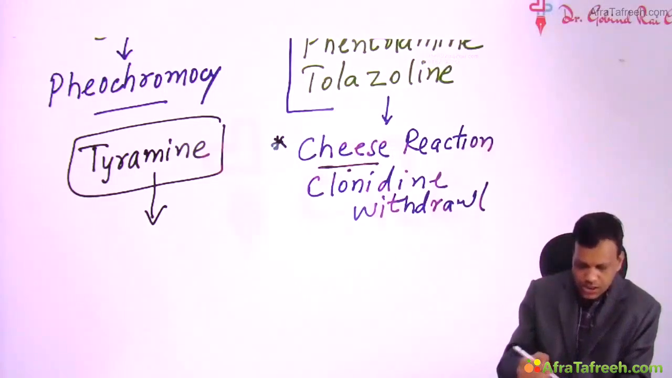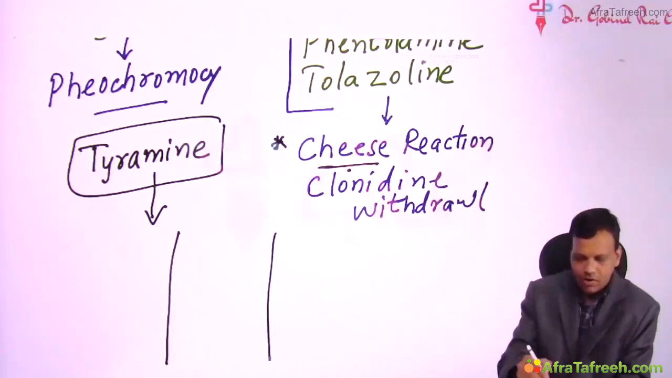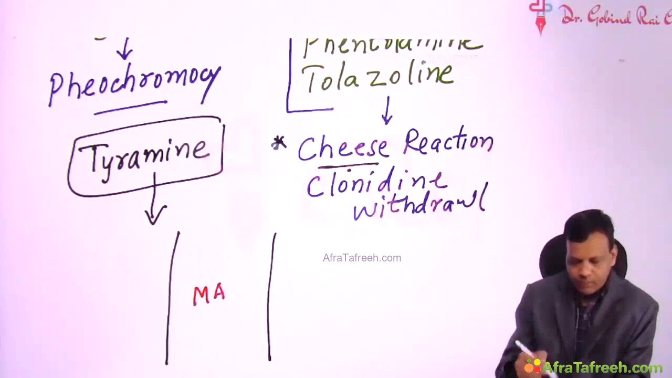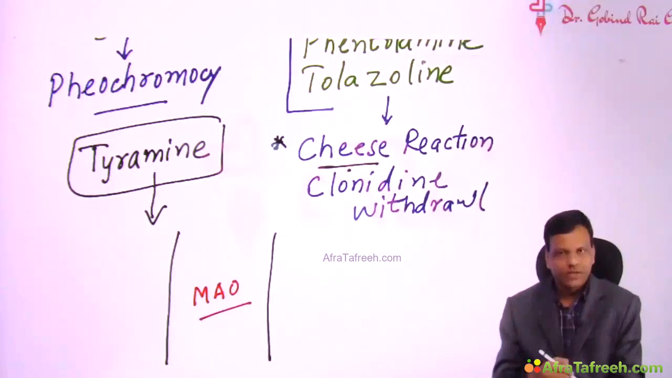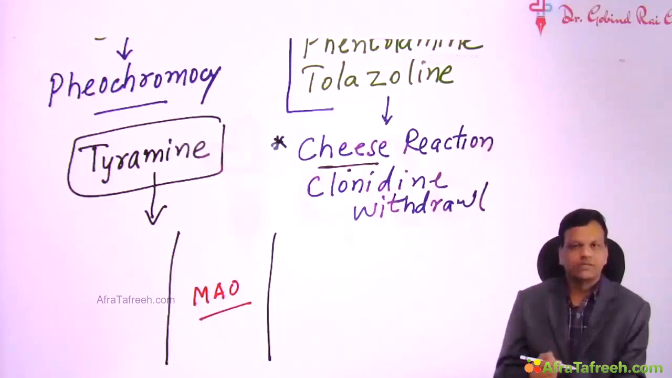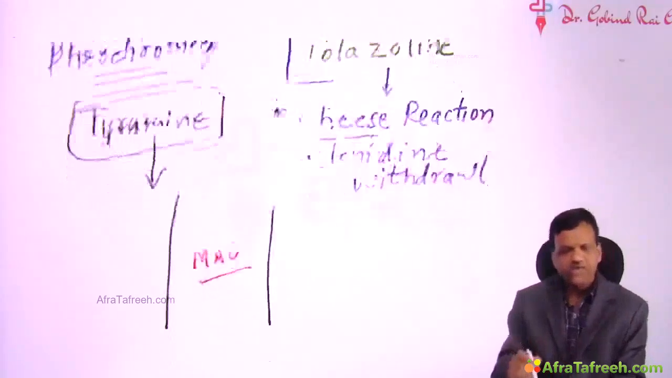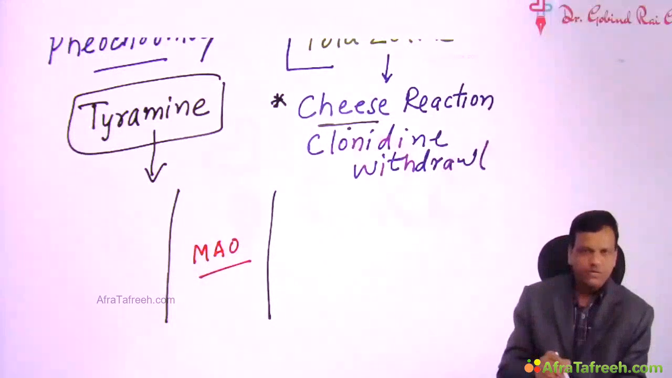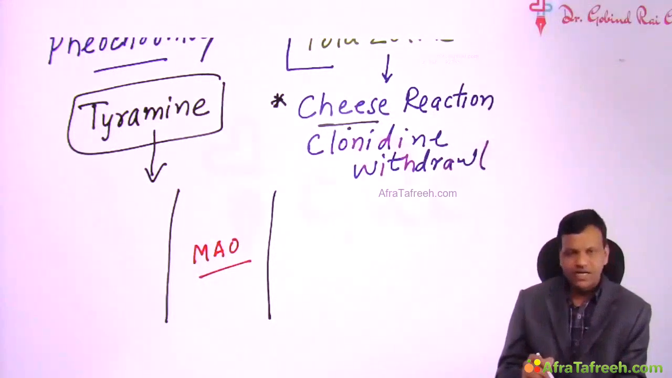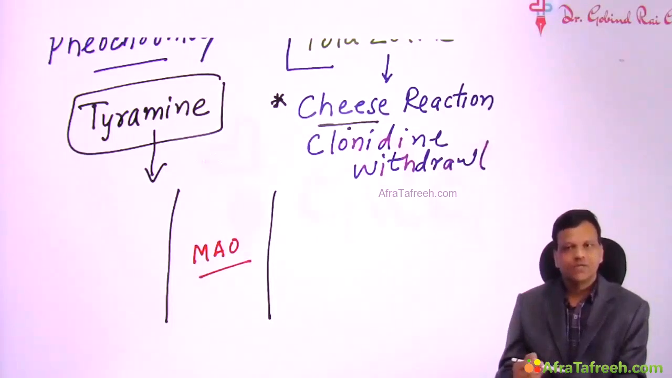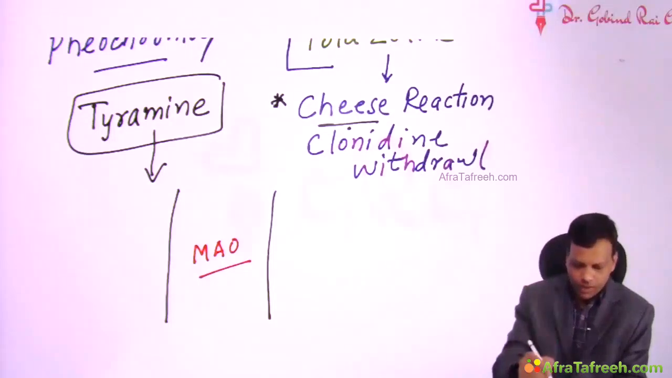Because our GIT contains an enzyme called monoamine oxidase. And this can break tyramine. So that means whenever we eat cheese, whatever tyramine is present in the cheese is metabolized by the gut. And when tyramine is broken, it cannot increase BP. So we can safely eat cheese without any problem of hypertension. The problem is,